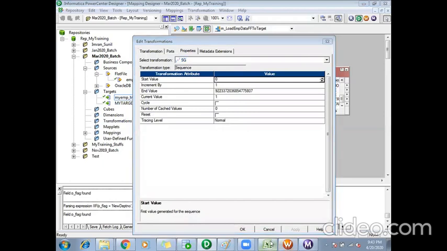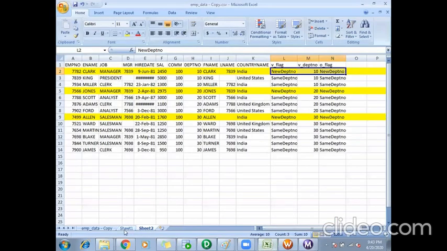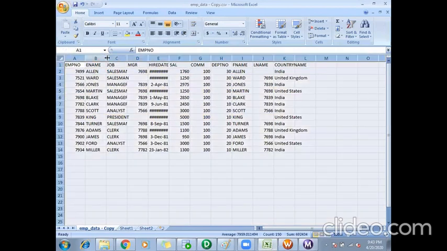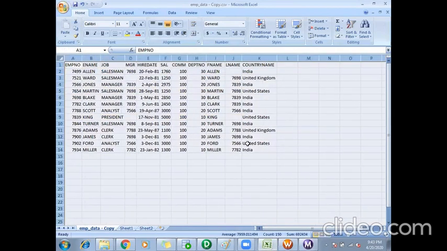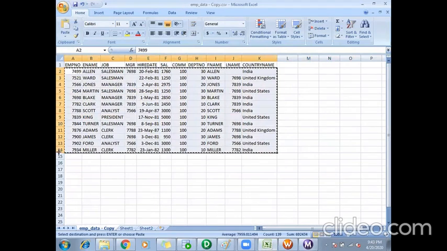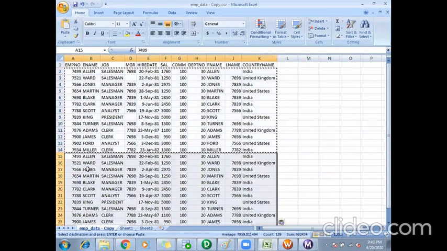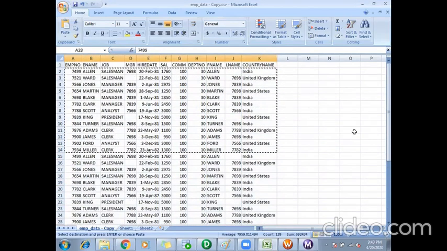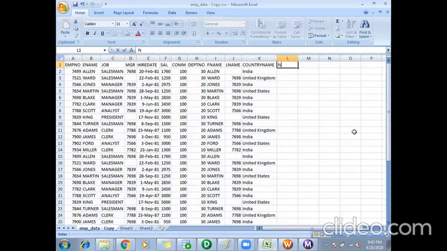Assume I have a port called NEXTVAL, which holds the sequence. How I want to generate sequences in this port is: in each target, I need to have 10 records.